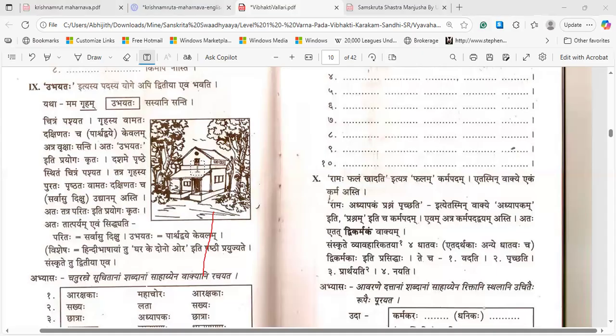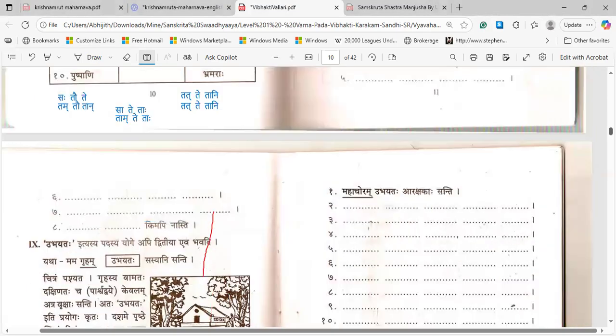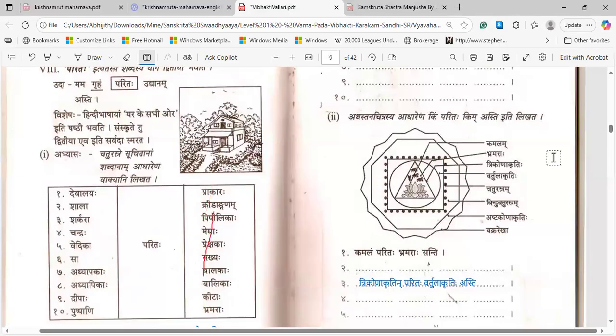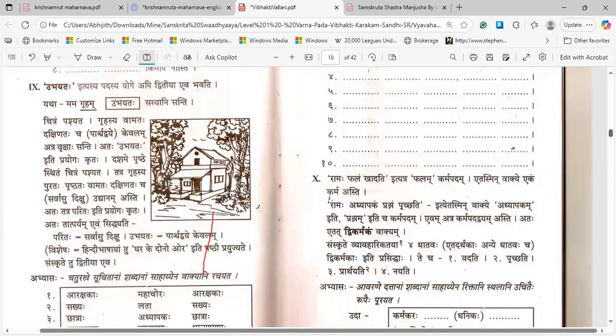Dashame prishthe sthitam chitram pashyata. That means Dashame ityukte, the 10th abhyas, the one which we did before, no? There. Here, why are we looking at this house? Udyana is around the house, completely, in all the directions. This, it is only on either side. Therefore, Dashame prishthe tam chitram pashyata. Tatra, there,